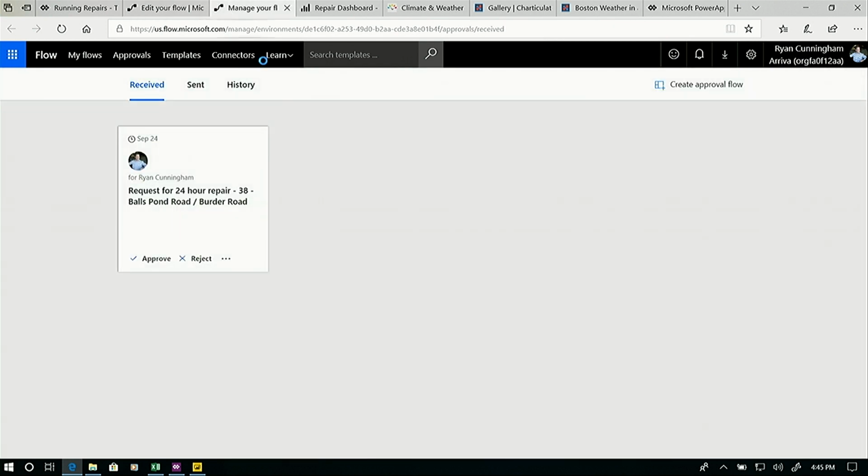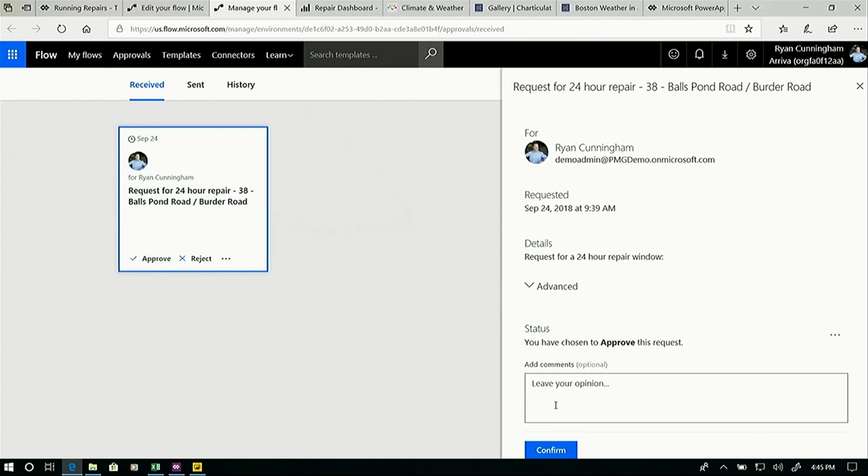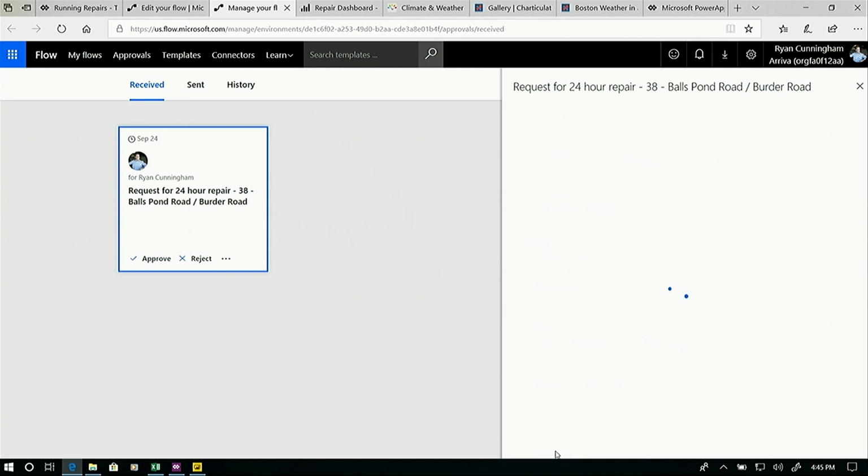And for the person doing the approval, they'll actually see a tile like this in addition to an email and various other sources, which they can click on and say, hey, yes, the bus needs repairs. They can just do this very easy experience. And this is actually captured in the Common Data Service and will show up later on in terms of the history of the approval and things like that.